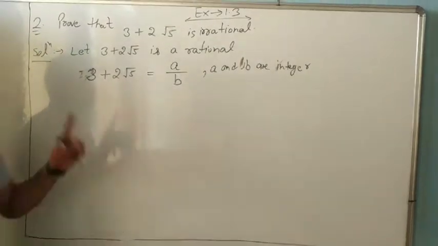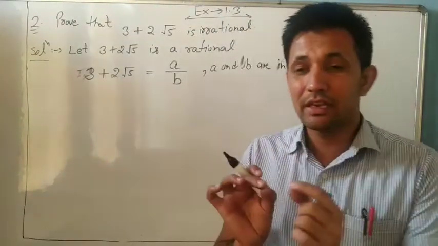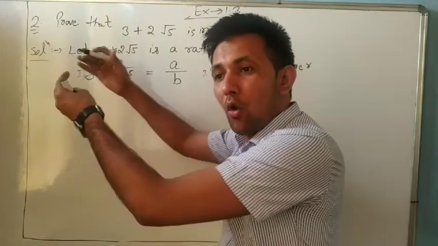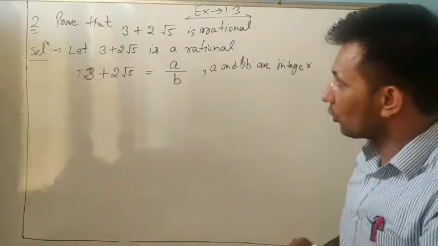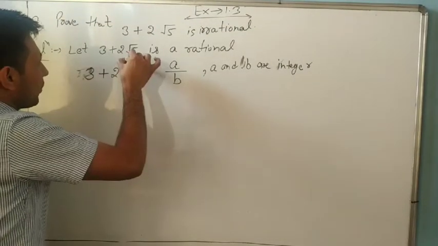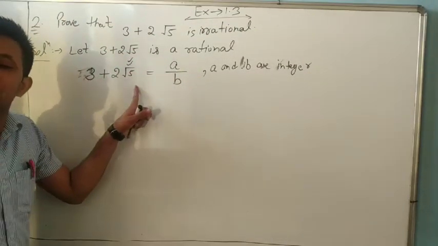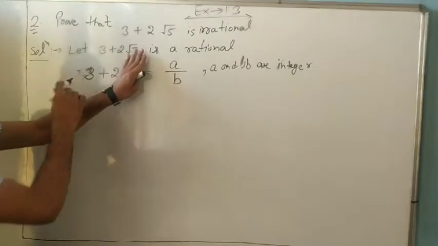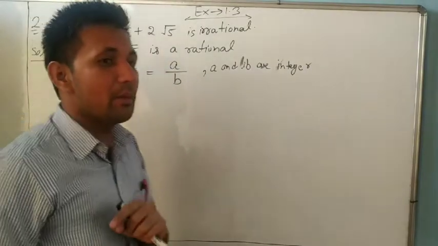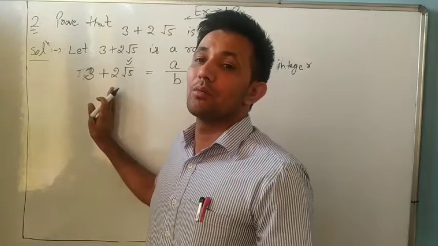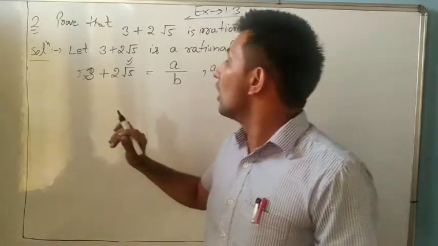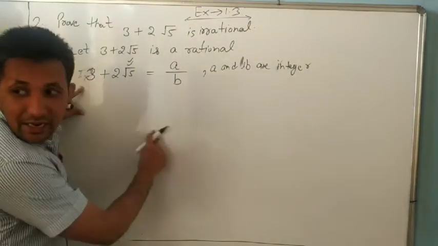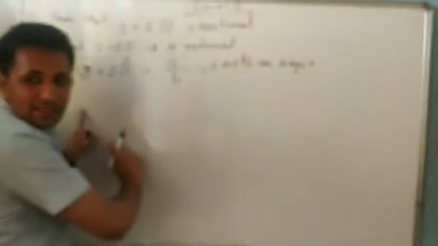Integers. Now look. So next step, what will we do in every question? We will write the root numbers on one side and all other things on another side. So what is given in root here? Only root 5. It means other than root 5, all the numbers we will move to the other side. What are 3 and 2? And always remember, whenever plus, multiplication, division and minus are given, we always first remove plus and minus. So look at 3: on one side 3 is positive and on the other side it becomes negative.